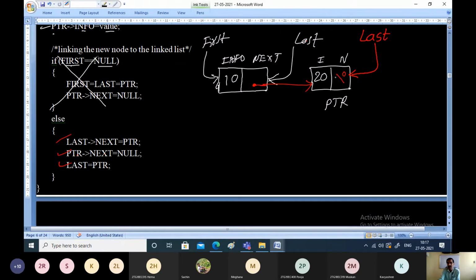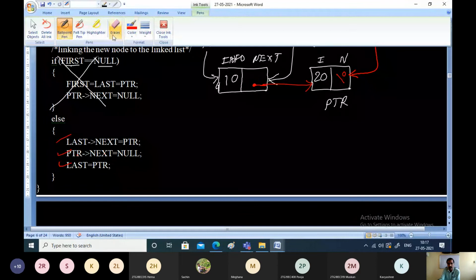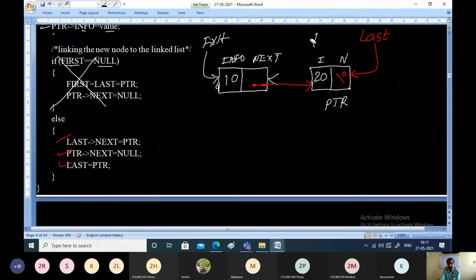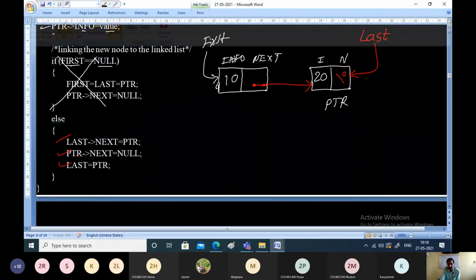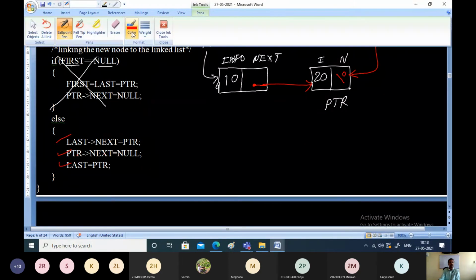When last is pointing to this node, it will not point to the first node now. You should remove that pointer. Now last is not pointing to the first node, it is pointing to the second node. So we have successfully inserted the second element onto the linked list.